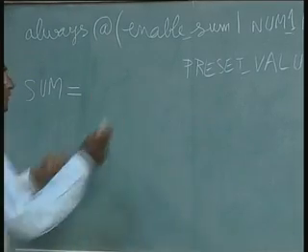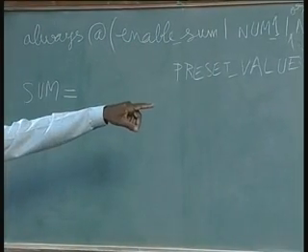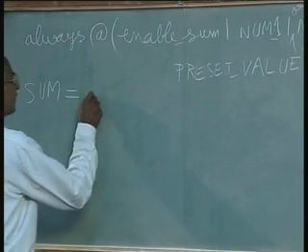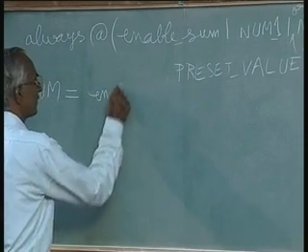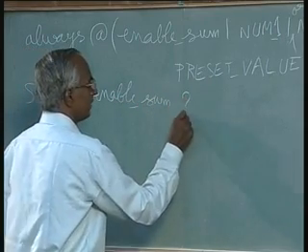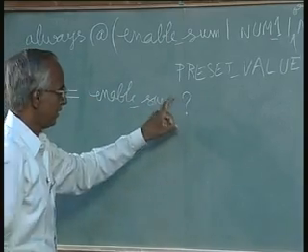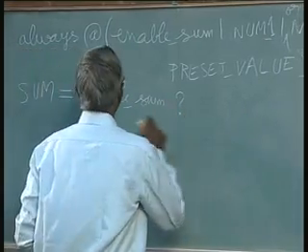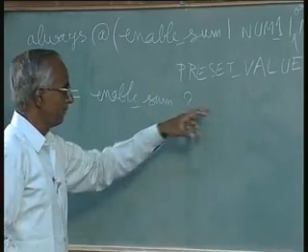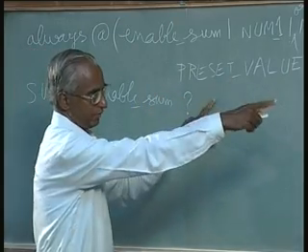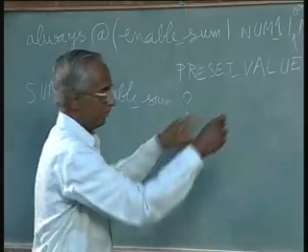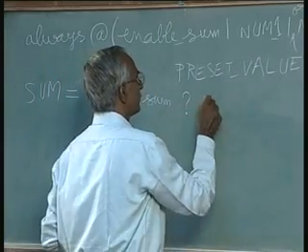So, now what we want to do is we have to take enable sum into account while writing the sum. So, let us say in the mux this selector control is enable underscore sum, and the mux is identified by this question mark symbol. And now what we want is, there are two inputs for the mux. So, the higher order input will be put here, that is what we want here, because when enable sum is 1, we want to add the two numbers. So, what we will do is, we will put that